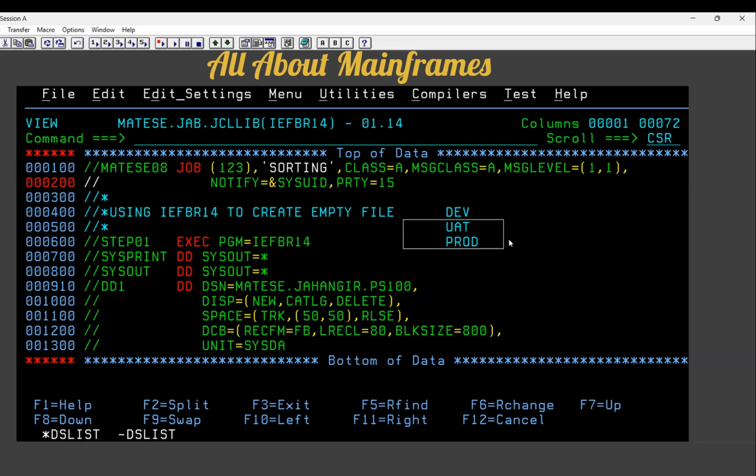Similarly, in the UAT and production environment, if you are running some ad hoc job, not the scheduled jobs or the daily jobs, but ad hoc jobs, for example, you have created one job to copy data from one file to another file or something like that, there also you can use your mainframe ID. Now after that,